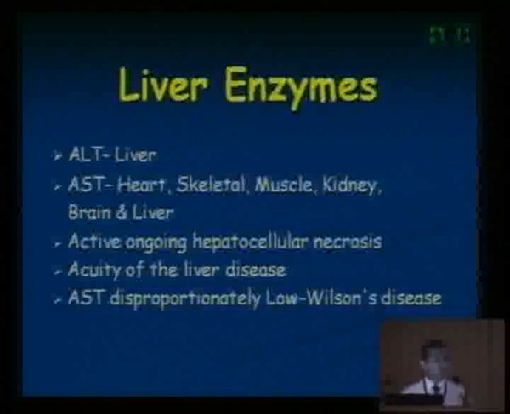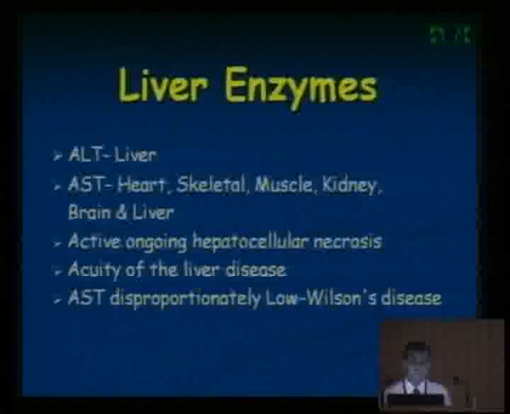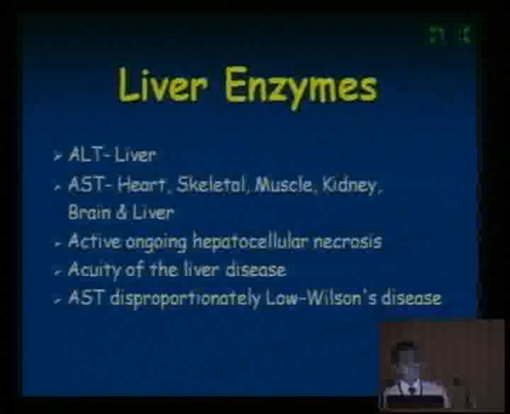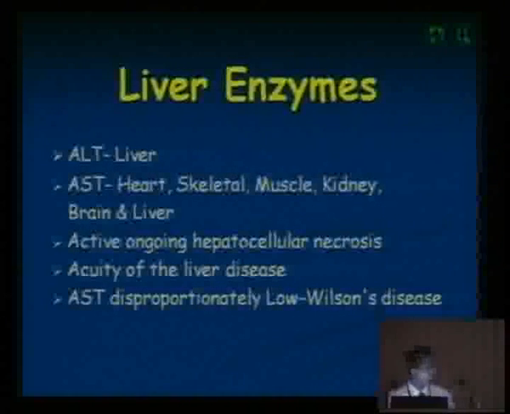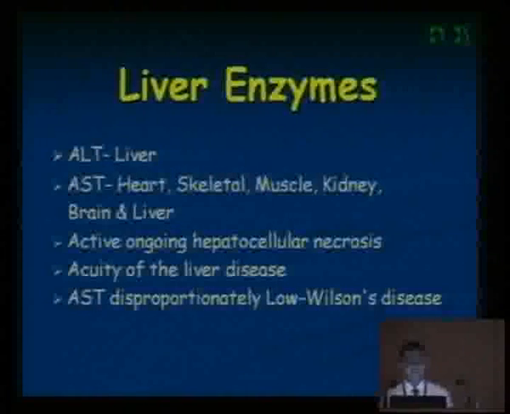That means, for example, in fulminant hepatic failure, in the initial stages you may see enzymes going up a lot, like in viral hepatitis, where enzymes are in the thousands. But in a late stage of hepatic failure, you may see the same enzymes coming down. That means there is no active ongoing necrosis in the terminal stages of fulminant hepatic failure. The cells are already dead. You don't see any further elevation of enzymes.